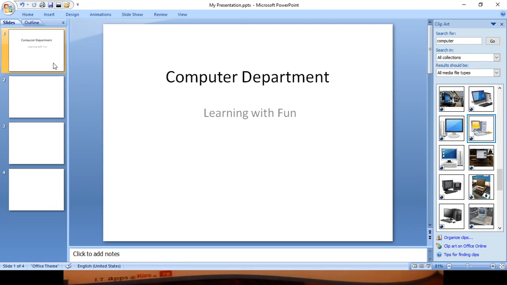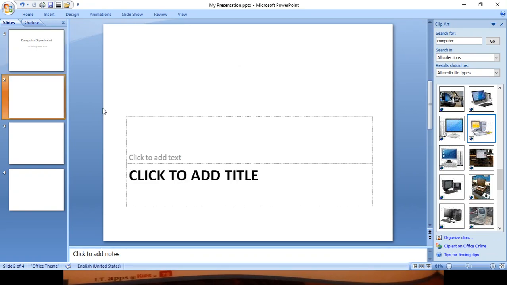Second option, slideshow, where you can play from the beginning, from the current slide, or a custom slideshow. We will see that also, but before that, I'll add something here, one or two slides, so that doing the slideshow becomes easy.